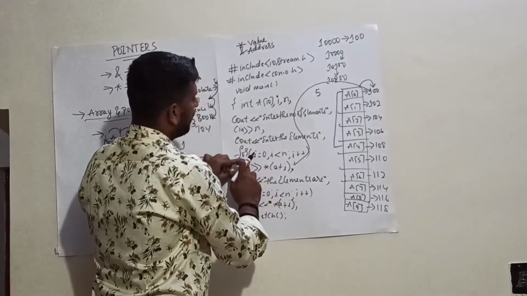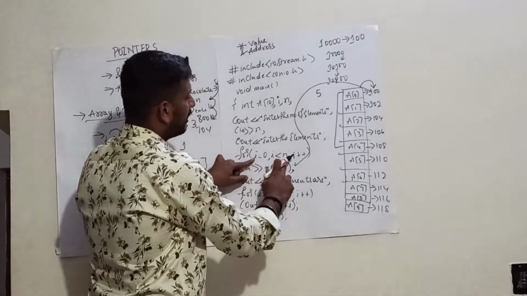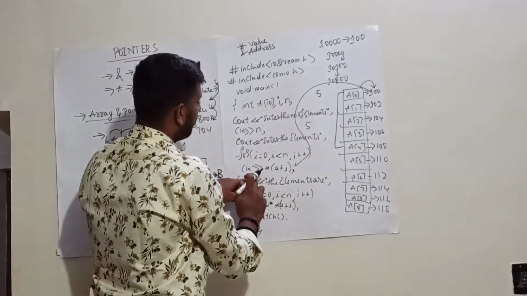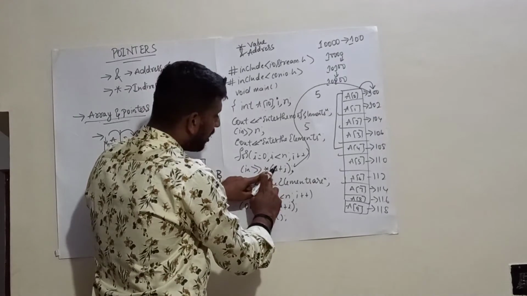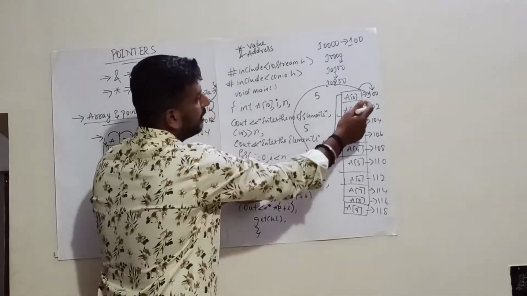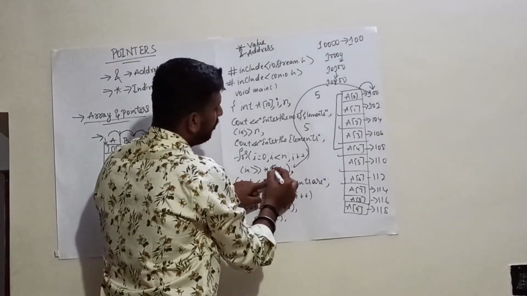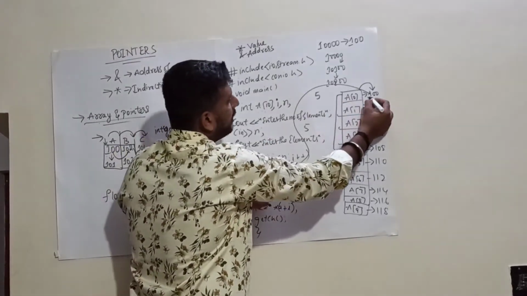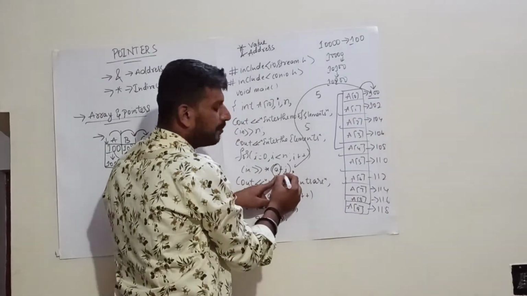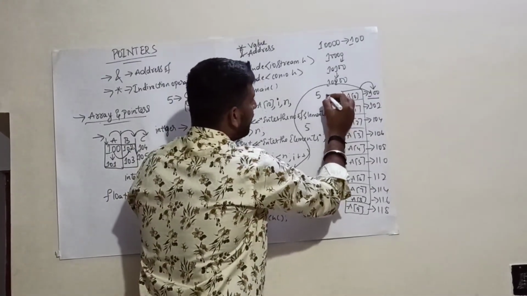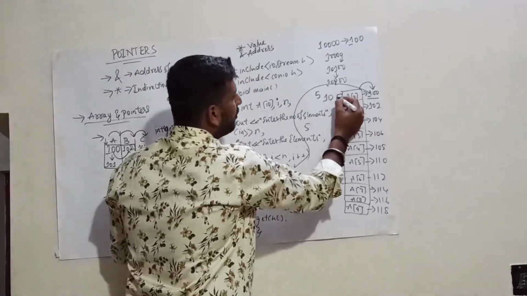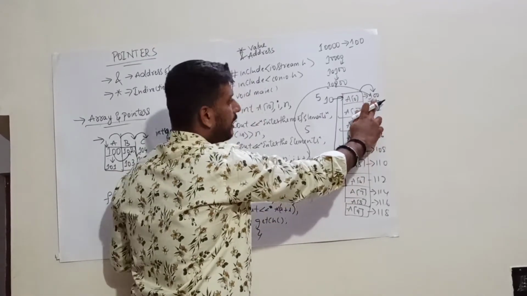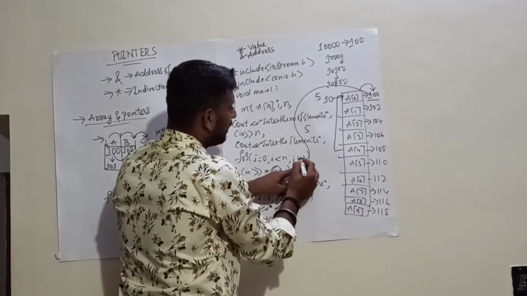You will get this particular loop. For i is equal to 0, i less than n, where n is nothing but 5. 0 is less than 5, it is true. So cin star of a plus i. I have told you the starting address of this particular array is nothing but 100, and the i value is 0. So the first element I will enter as 10. It will be stored in this location a of 0, and the address of that location is 100. Next, the i value gets incremented.